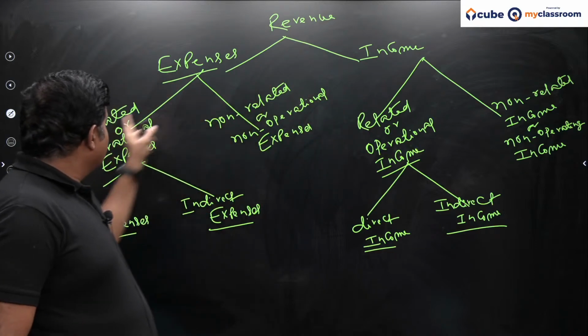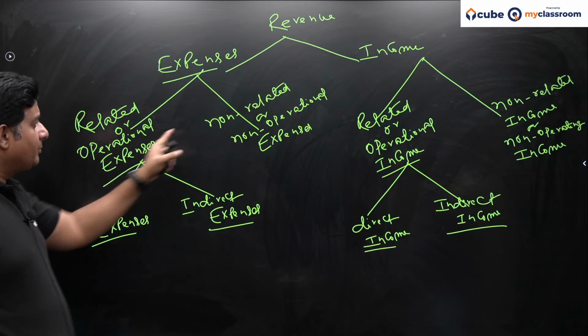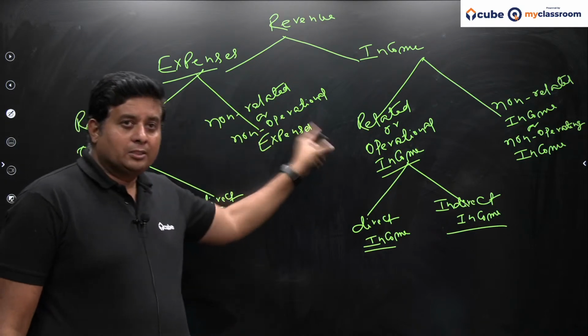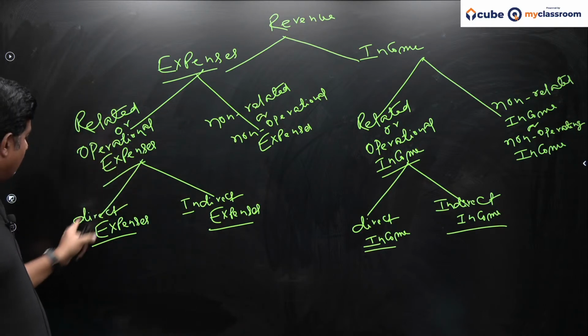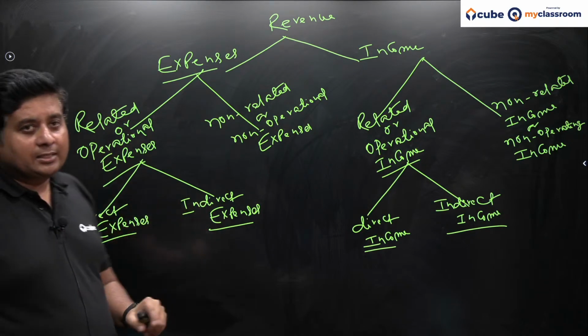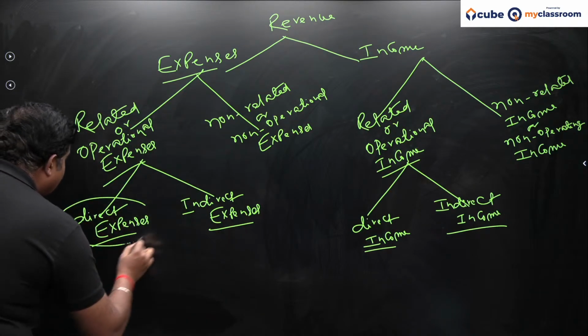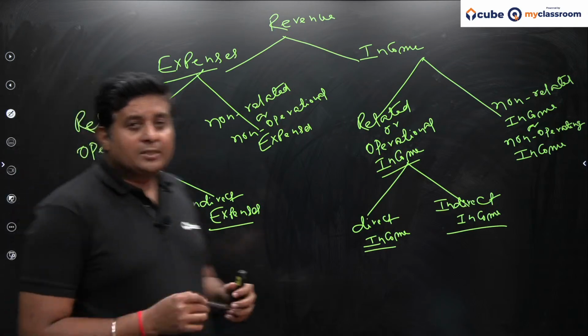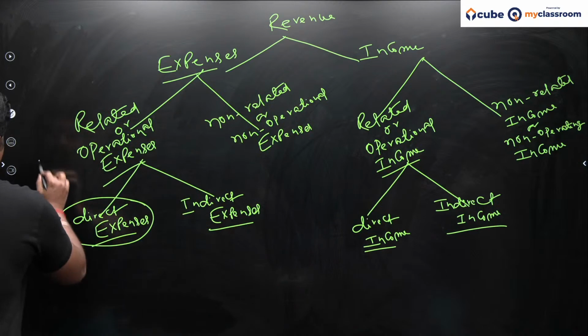Initially, revenue expenses can be classified into two categories. They are related or operational expenses, non-related or non-operational expenses. And then related or operational expenses can be classified as direct expenses and indirect expenses. Direct expenses, which is related with the factory expenses. Direct expenses is also called factory expenses, which is all about concerned with RMC,